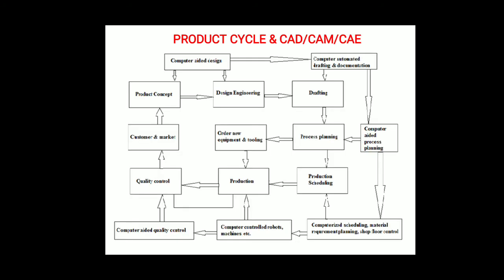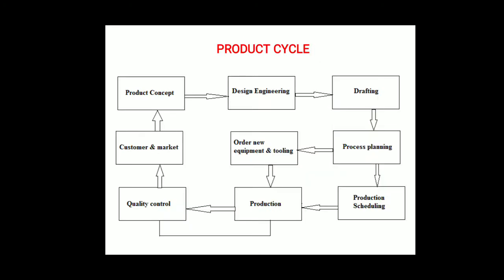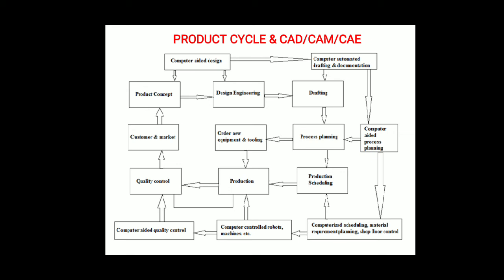Next, important, our first point of the syllabus: product cycle and CAD/CAM/CAE. For the previous product cycle, we use CAD/CAM/CAE, and with the help of CAD/CAM/CAE we get more profit and more benefit. In the product cycle, the product concept is the first step. In CAD, computer aided design, product concept and design engineering are concurrent, integrating the two parts into a single part, which helps reduce lead time and machining time.